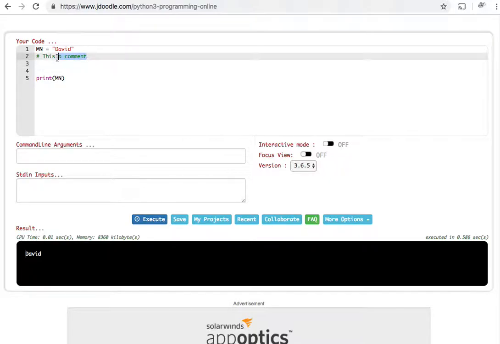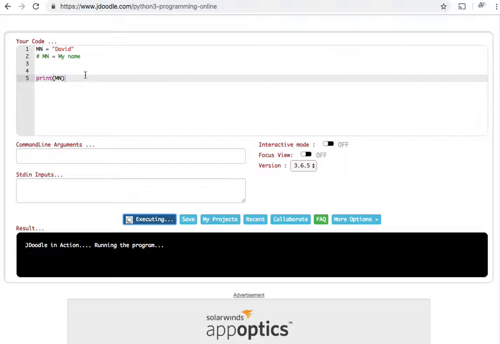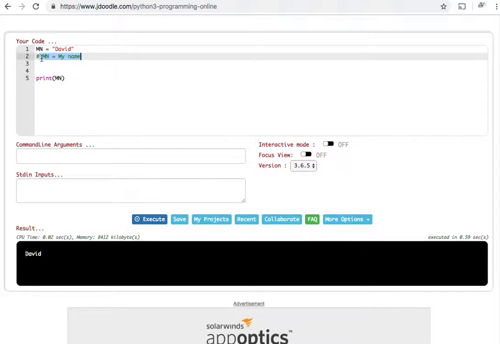This is where you can write notes to yourself. Maybe you'll say MN equals my name. You can let people know that that's what that means. And you see, once again, it skipped the MN equals my name. Anything that has that little hashtag in front of it, the little number sign, will be skipped. It's just notes for other people. Or for me, if I don't understand what it is you're trying to tell me, and there's an error, and I don't know how to fix the error,